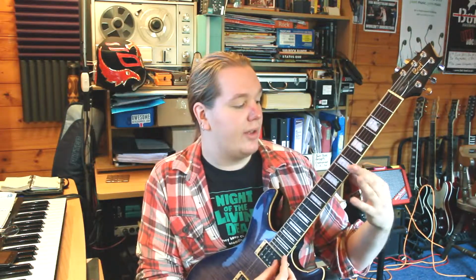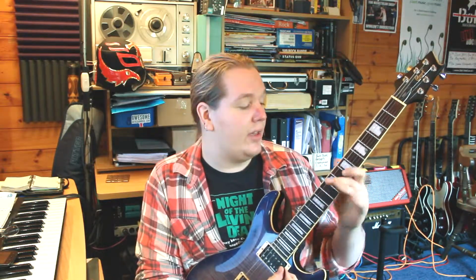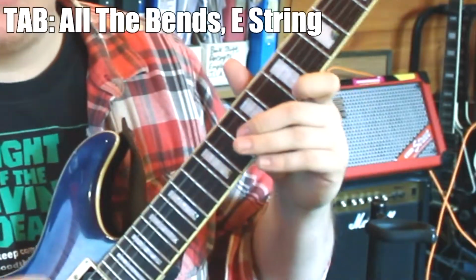So with that in mind, I tend not to worry too much about what note I'm starting the bends on, as long as I know the target pitch is actually within the scale. For the high E string in B minor, I know that the frets 7, 9 and 10 are within the scale box shape. So provided my fingers stay the same distance from each other, and I know I'm bending with the right amount of gusto, I suppose, I know I'm going to hit my target pitch. So the bends should be...